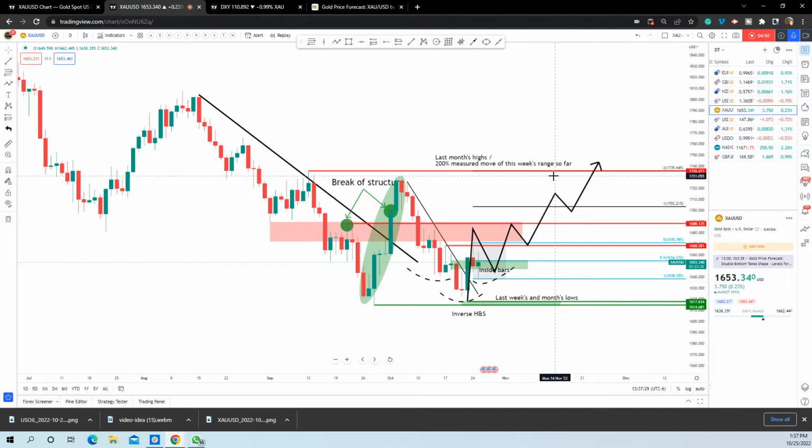Now we've got the Fed next week, so structure needs to be built into here ahead of the Fed, so we get sort of a neutral position. So that if it does want to take off, it's already broken the structure and the pathway is very clear for the bulls. The target 1700 over here